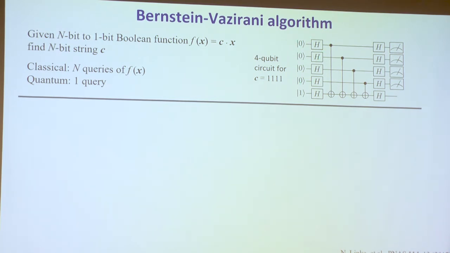And H means Hadamard gate, which makes a superposition, an equal 0 plus 1 superposition. And so after this step, we actually have all 16 states. Now each of these dots and plus signs is called a controlled NOT gate. It flips the target bit depending on the state of the initial bit. And basically the string c is encoded in this pattern of gates. This is 1, 1, 1, 1 for c. If c were 0, 0, 0, 0, there would be no gates here. And then we do this Hadamard gating and then we measure. And in the end, what we're going to measure is c. And this is just one run. Quantum mechanically, you just have to do it once and you get the answer.